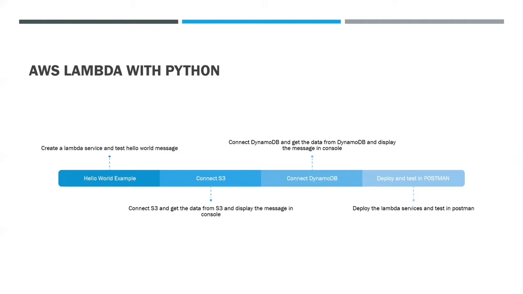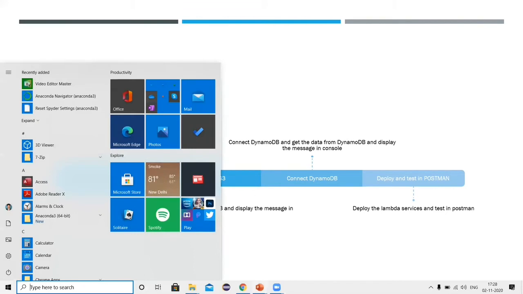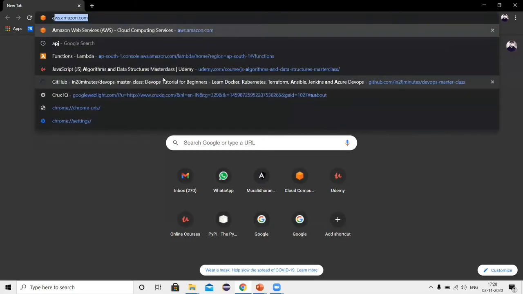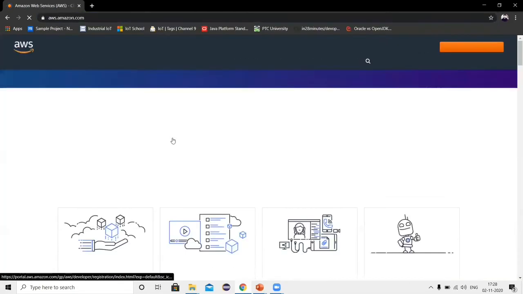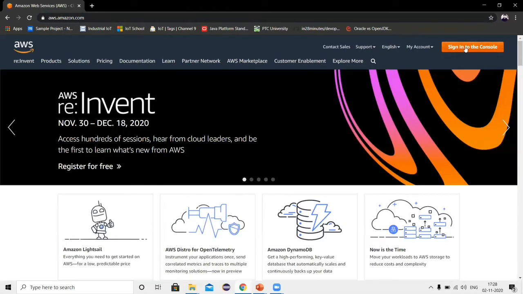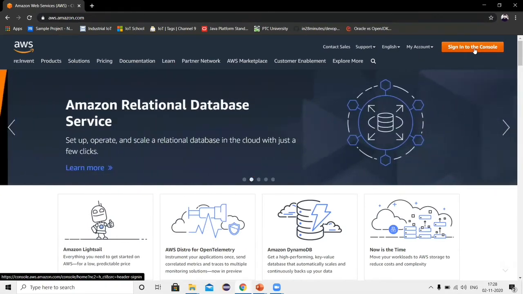So let's deep dive into the Lambda service. Go to the Chrome browser and type aws.amazon.com. If you don't have an account, it will display a sign up option for the console.